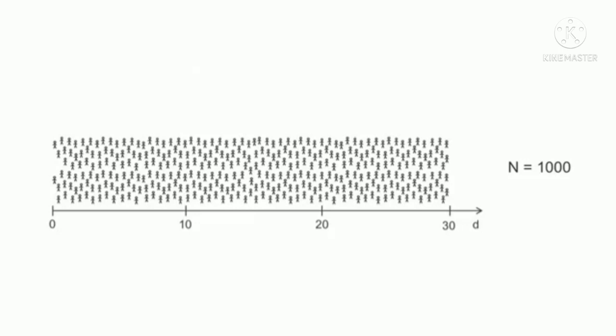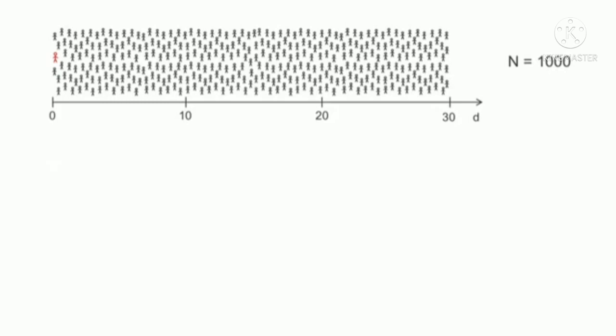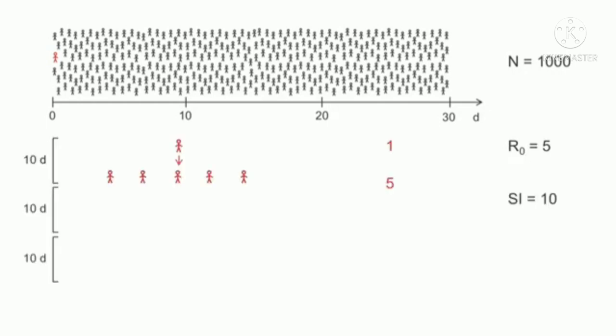Let's take the example of a fictitious population of 1,000 uninfected individuals who have never been exposed to the coronavirus, let's say. Let's assume that this guy enters the population because he has just returned from Wuhan, China. Now, I will make up some numbers for demonstration purposes. Let's say R0 was 5 and the serial interval was 10 days. So in the first 10 days, this guy infects 5 people.